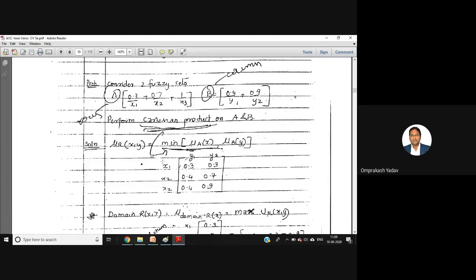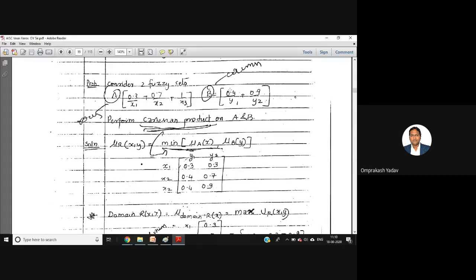Now what we do in this particular thing, first it's A cross B. So first we will write the elements of A row wise like this. If you see here, x1, x2 and x3 are there. So I'm writing like this: x1, x2 and x3. Then A cross B, so B is there. I will write y1, y2 column wise. So y1 and y2.